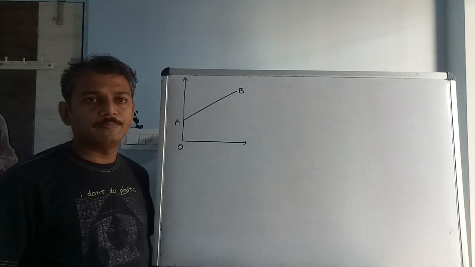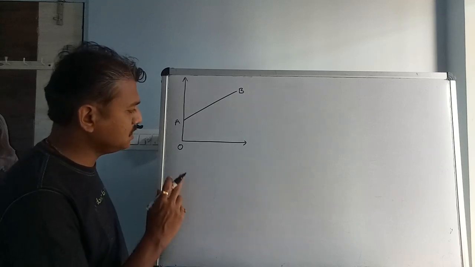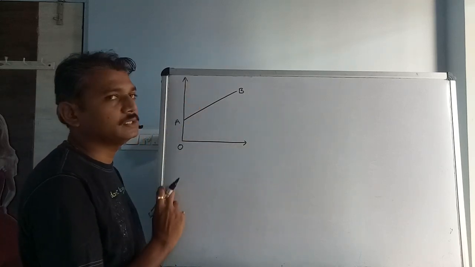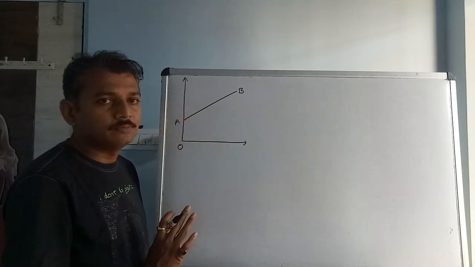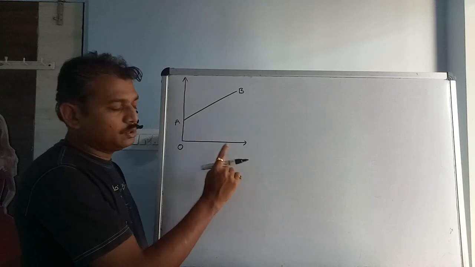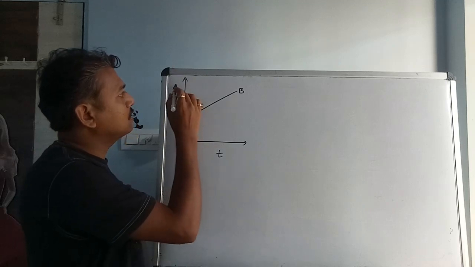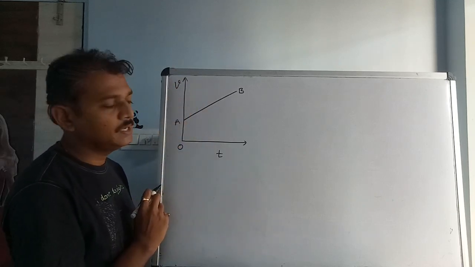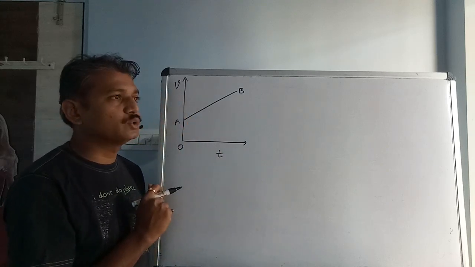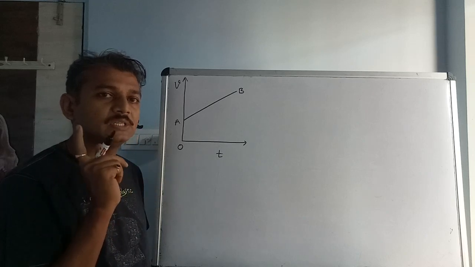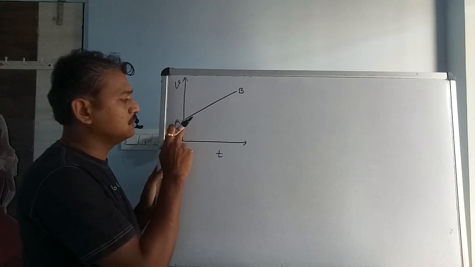But before that you must know how to read a graph. So now this is a graph. This is x-axis, this is y-axis, and a motion of an object is shown on this graph. On x-axis we are considering time, and on y-axis we are considering velocity. So x and y are representing time and velocity. So the first equation of motion is velocity-time relation. In that it is shown that object travels from A to B.